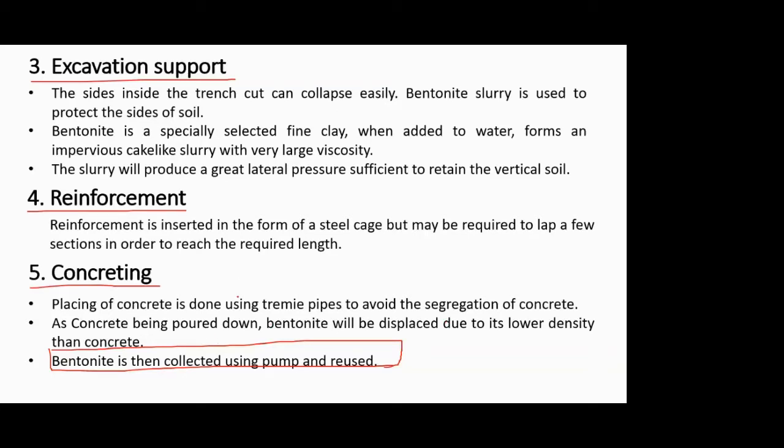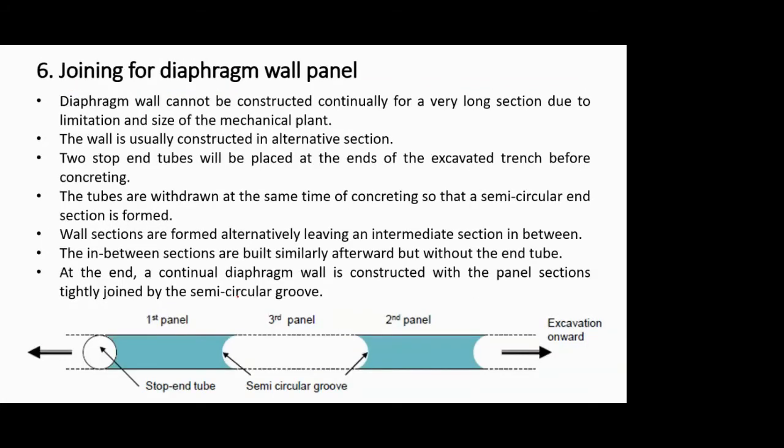Now this is the theory. I'll leave it to you to read the theory, and I'll go to the actual photographs. But before that, one last point in the theory itself: the diaphragm wall is going to be constructed in panels. But we don't actually construct it in a rectangular form. If you see the top view, it's a rectangle in the center, but the ends are semicircular.